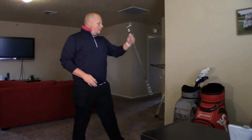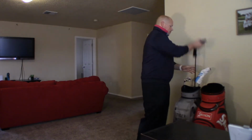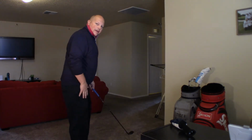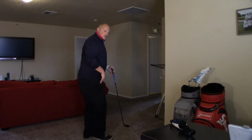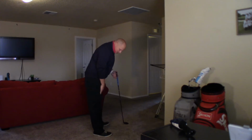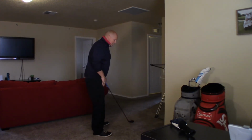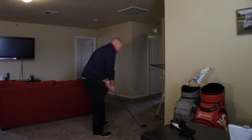Alright guys, the first thing we want to work on with this young lady is going to be her posture. Now I'm going to pretend that I'm going to swing righty, so I'm going to take this right-handed club here and I'm going to face you guys. And what I notice is that she's standing super leg stiff. There's no knee bend whatsoever in there. So we want to have just a little bit more knee bend, and what that's going to allow is as